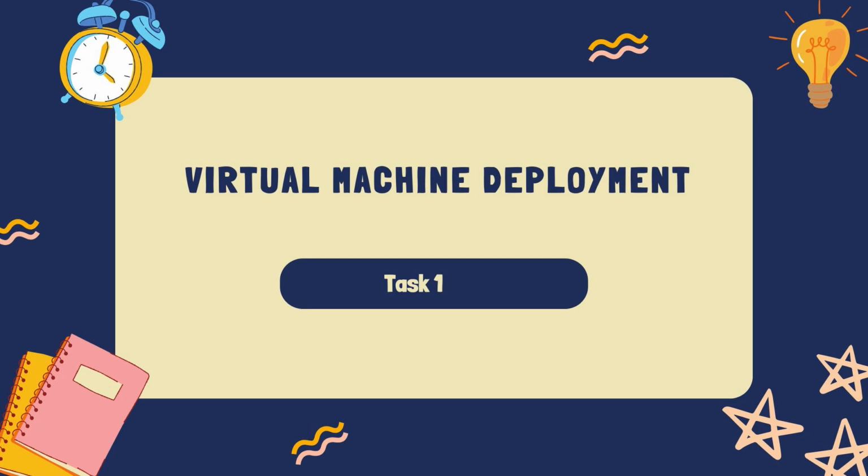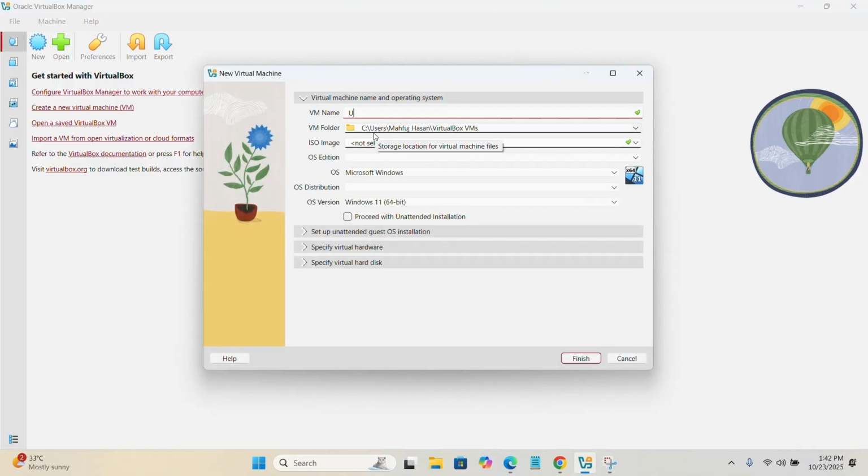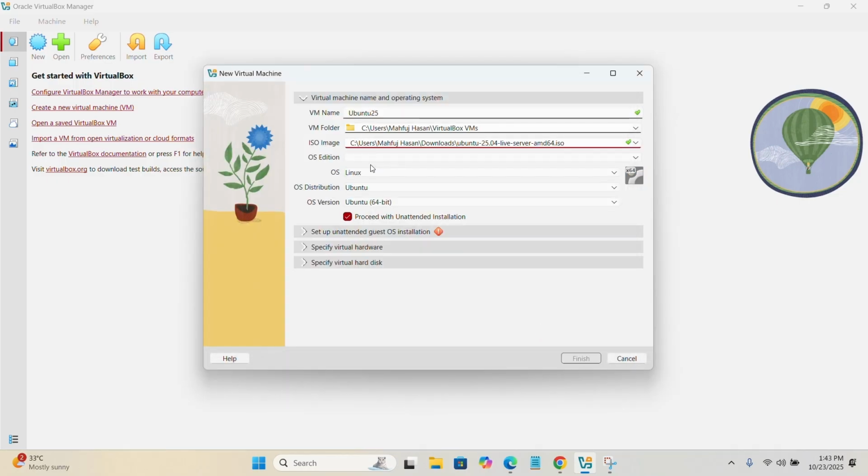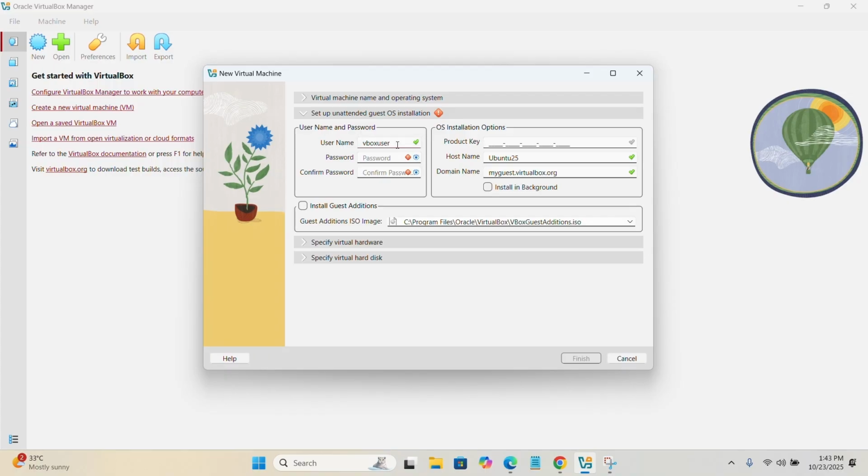Let's deploy our virtual machine. I'm clicking new, then choosing a name, and after that I'm selecting the ISO image from my computer, and then I have to pick a username and password for my virtual machine. I'm filling in my username and password,